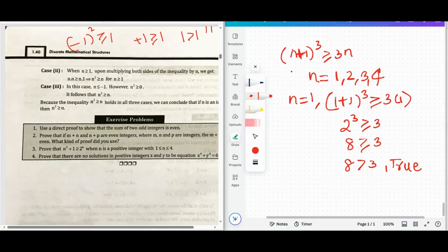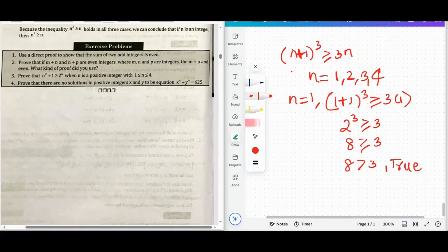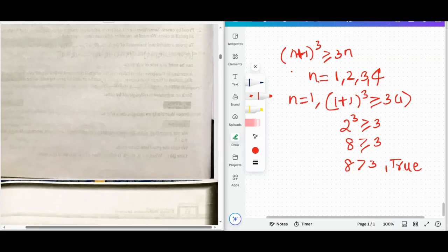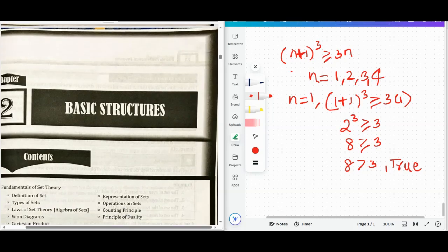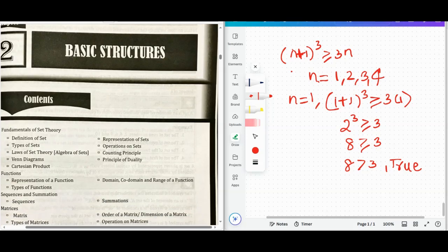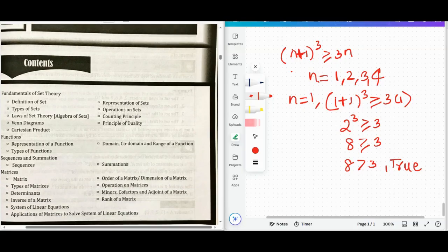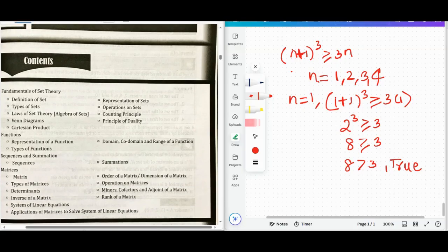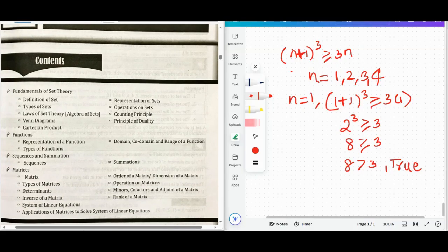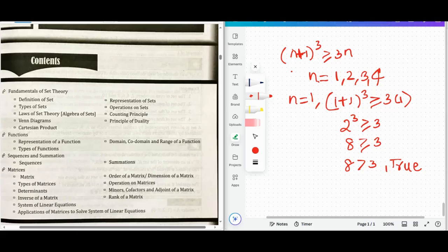Okay. So these are the different methods which we have learned. Just go through the unit I have just completed. In the next class, we'll start with the basic structure, where in the next unit, next video, I'll be explaining about set, function, sequence, and